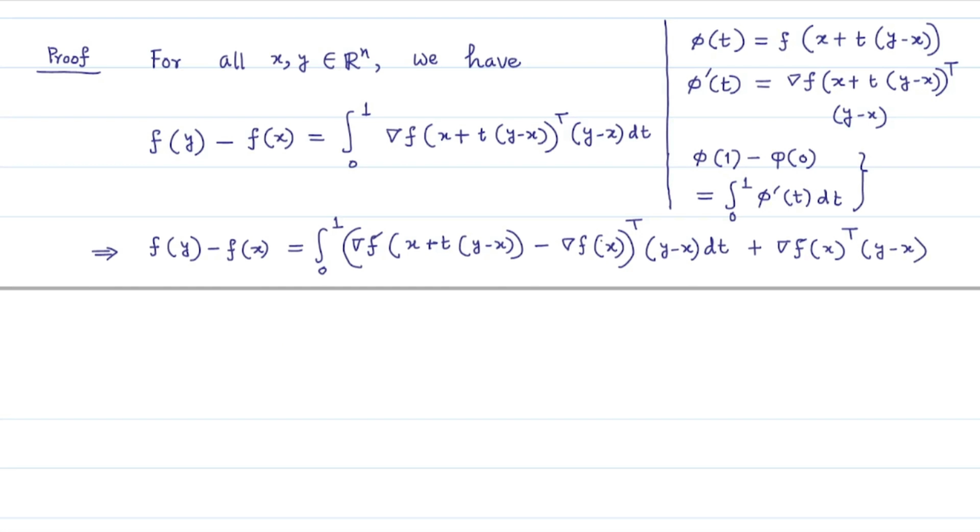Here we have subtracted this grad f(x) transpose (y minus x), which is independent of t, and therefore we have added back this subtracted quantity. Bringing this term on the left hand side and then taking the absolute value, we will get f(y) minus f(x) minus gradient of f(x) transpose (y minus x) is less than or equal to